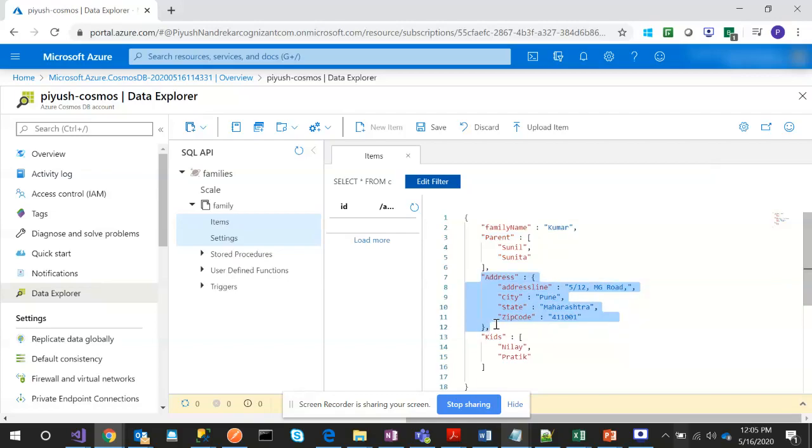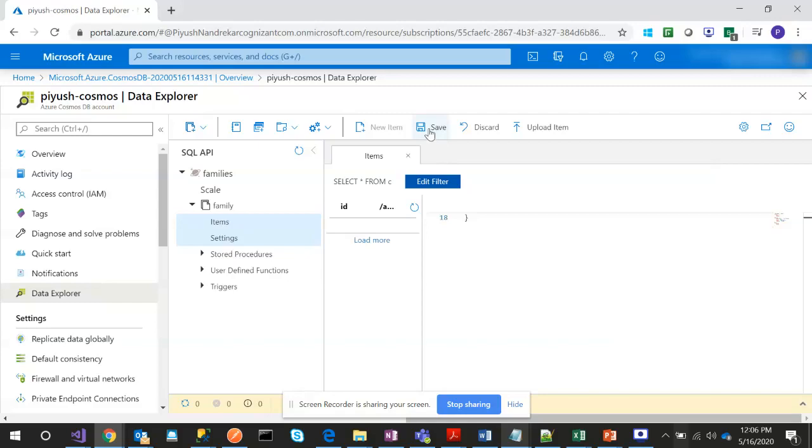If we wanted to create the same thing in Azure SQL or any RDBMS database, we might have needed multiple tables, one each for address, people and family, and then foreign keys to relate that data with each other. Here it is very straightforward and simple, and we don't need to worry about the relationships.